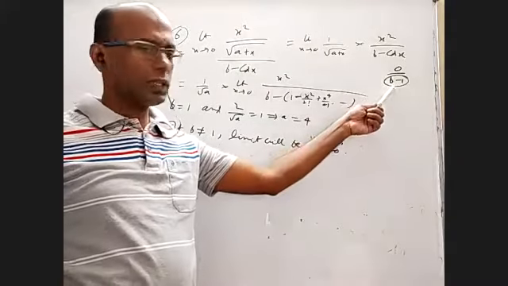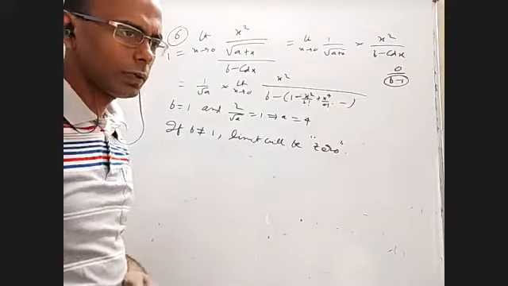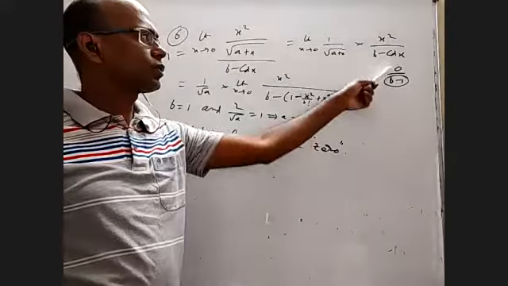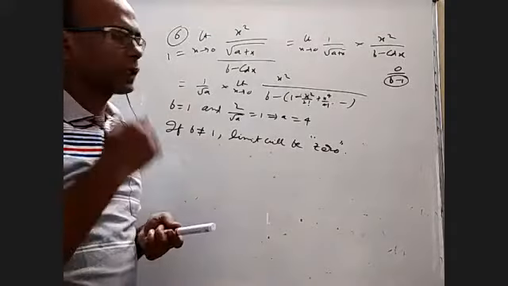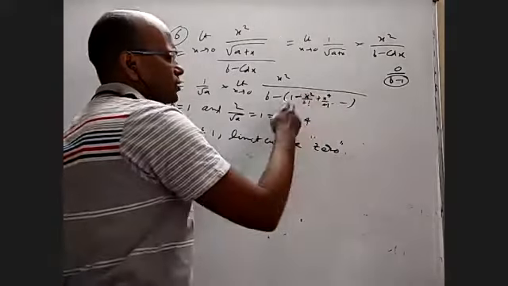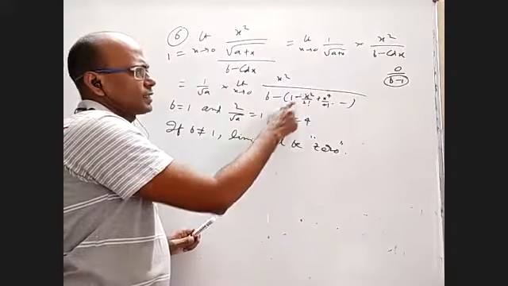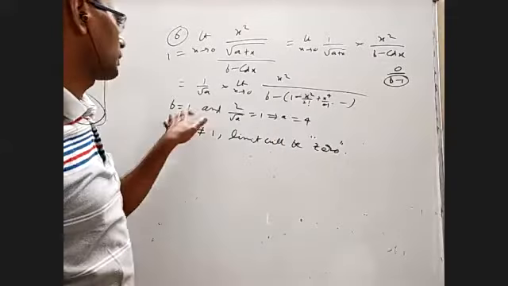If b minus 1 is 0, 0 by 0 form, there is a chance of getting an answer. Okay. If it is non-zero, 0 by non-zero, the answer will be 0 and we want answer to be 1. So that's why b has to be 1. The same thing I wrote with expansions here, to show that b and 1 should cancel, this x square should cancel so that you will get some limit. Okay. Either way it's okay. So b must be 1.